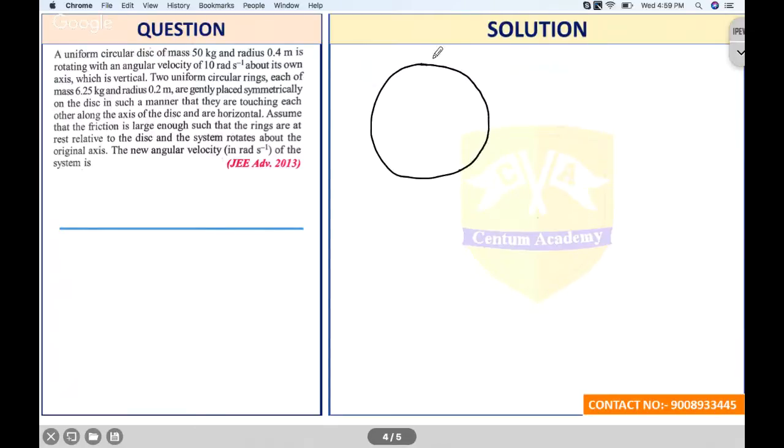you will see what this situation is: two rings of radius 0.2 meter. They are touching each other on the axis. So this is how the two rings are placed. This is one ring and here is another ring. The disk is of radius 0.4 meter. That is why the rings can be arranged like this and they touch here. All right, so this is the situation, and clearly we can apply conservation of